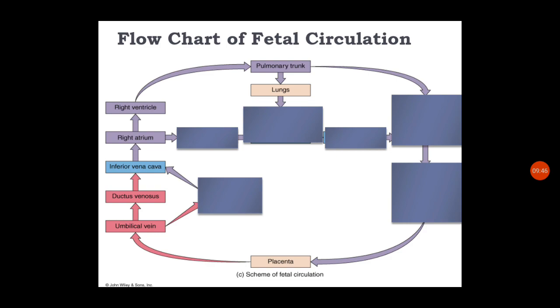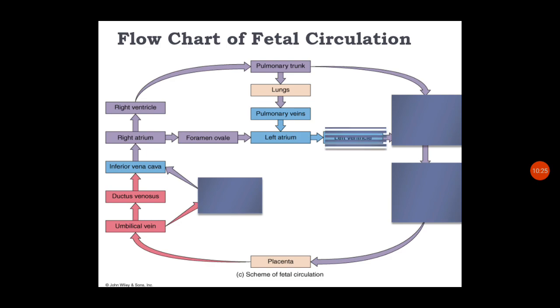From the pulmonary trunk, some amount of blood will be going to the lungs for purification, and also the growth of the pulmonary area. So this is happening. And what is happening to the 1/3 of the blood which is remaining in the right atrium? It will be crossing the foramen ovale and reaching the left atrium. Along with that, the few amount of blood which already went to the lungs will be coming back through the pulmonary veins into the left atrium.